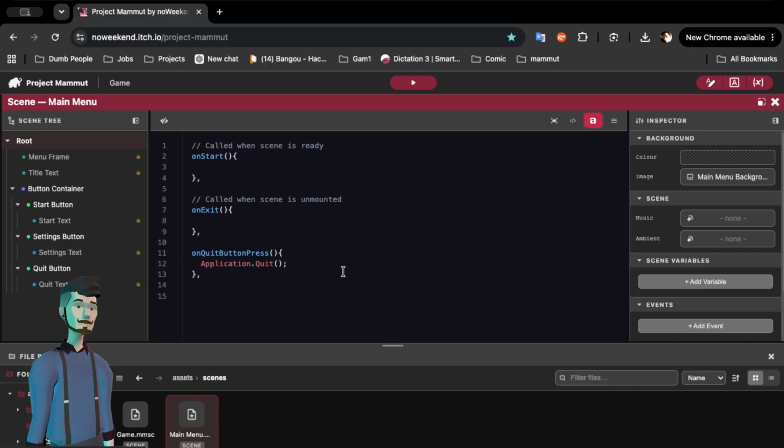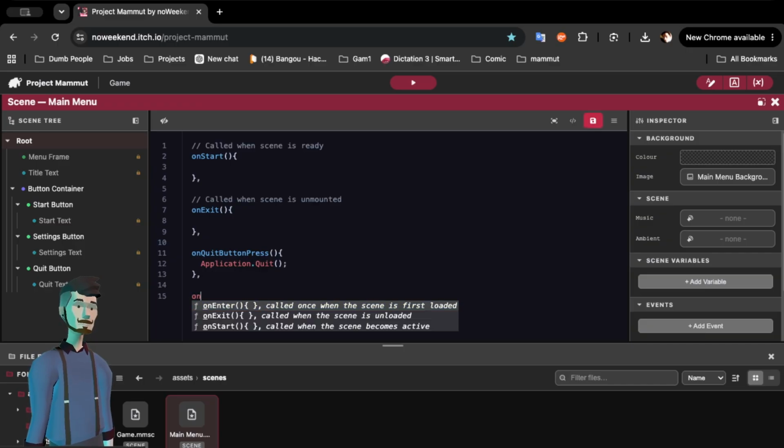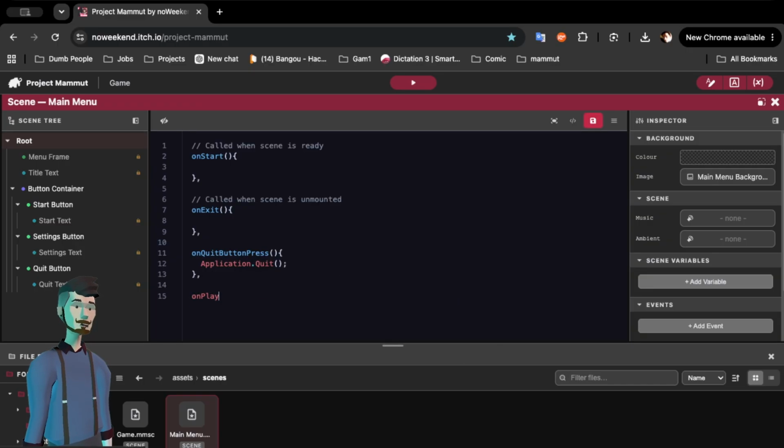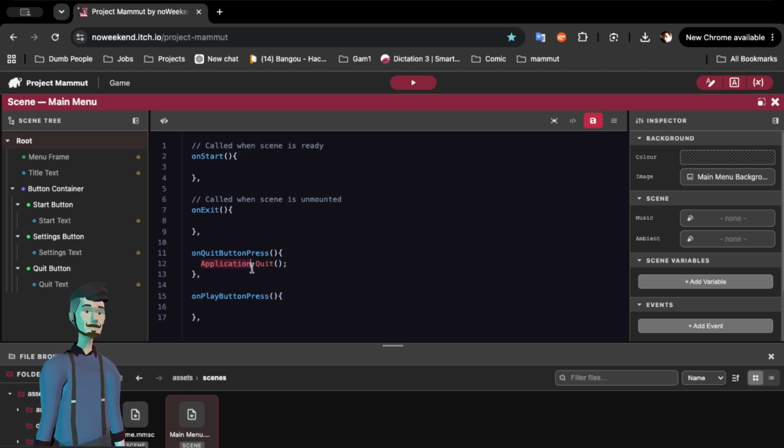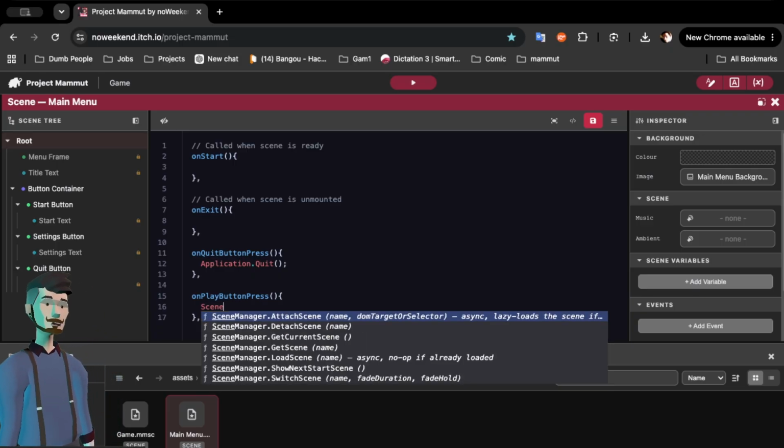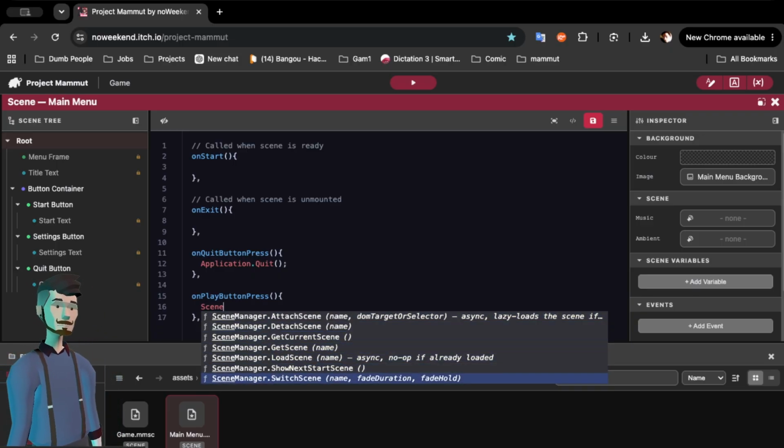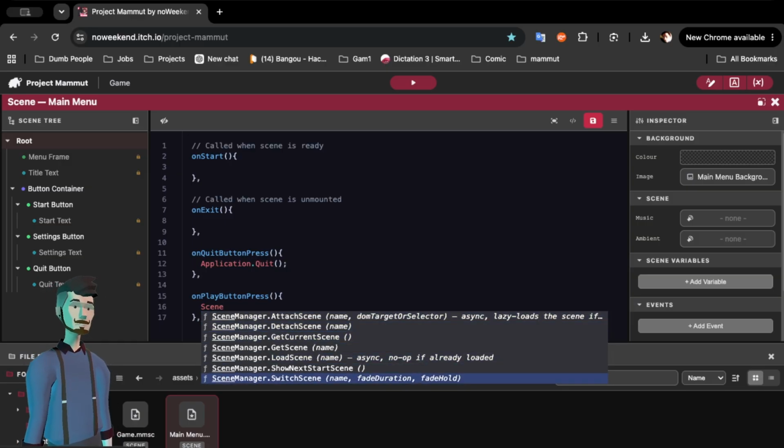And we're going to do the same thing here. On play button press. Don't forget the comma at the end. Now, just like the quit button, we asked the application component for help. This time, we're going to ask the scene manager for help. And you'll see down here, we've got lots of options. What we want is switch scene,